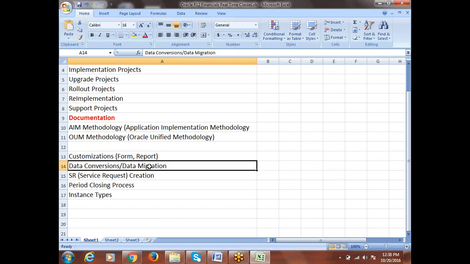The data conversion technical people will be involved. The major task will be done by technical people only. They have to write a lot of scripting to move the data from legacy to here. But definitely we should be there to make sure that all the setups are completed and all the data is collected properly from the client. Before collecting the data, which data needs to be collected from the business to load into the system, we should take care of everything.